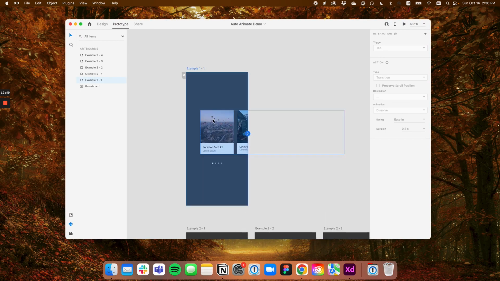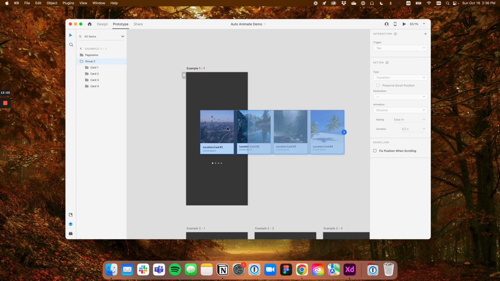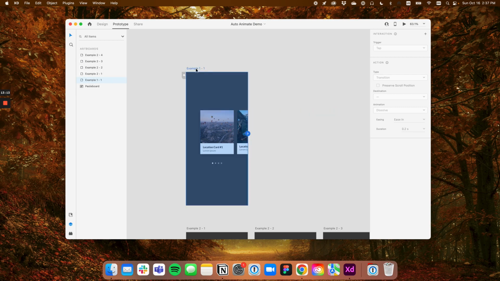So in order to add a drag trigger, you need to make sure to get an understanding of how auto animate works. I know we talked about the importance of naming your layers, and this is really crucial in order for auto animate to work the way you want it to. So you can see here in my artboard, I